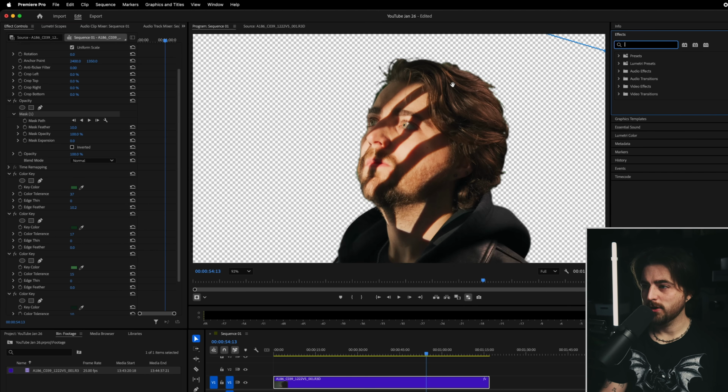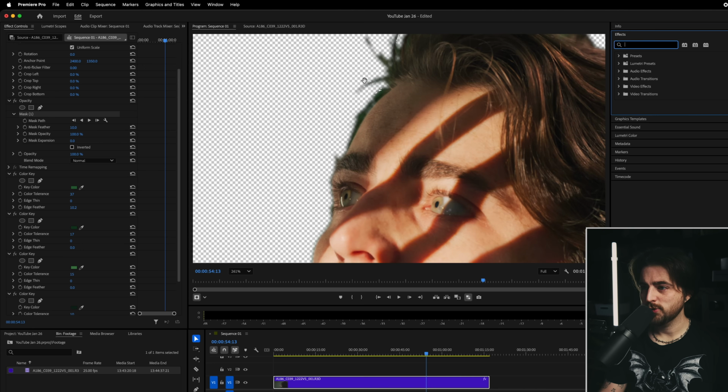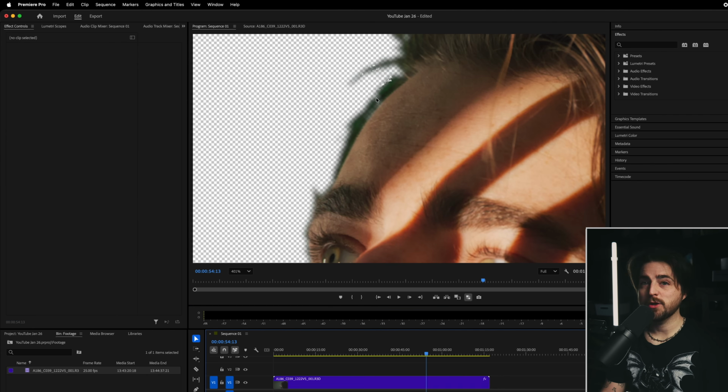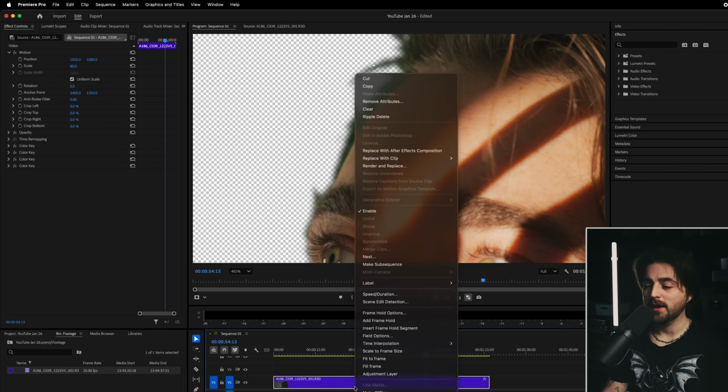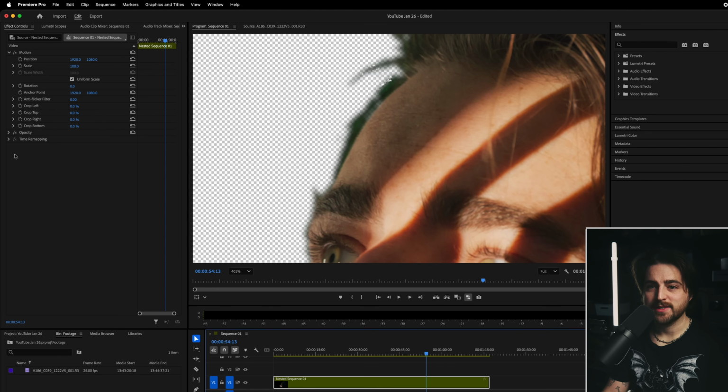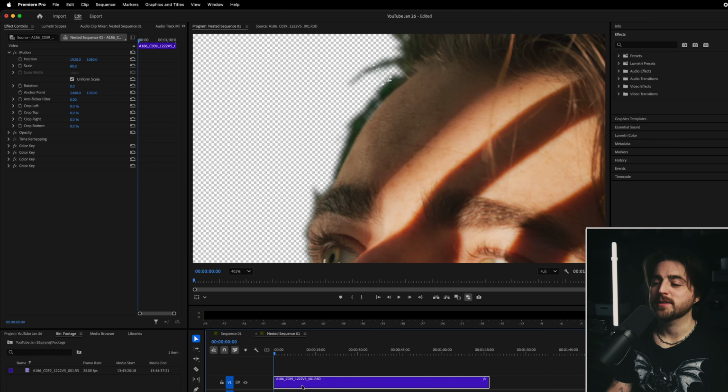Now I'm just going to zoom in on the footage here. I'm just going to zoom in to the edge. And as you can see, we've still got a little bit of green. So to fix this, I'm just going to right click on the footage. We'll nest this, put it in its own nest. We can rename this if we wanted to. And now, as you can see, all of the effects have disappeared, and that's because they're on the footage in